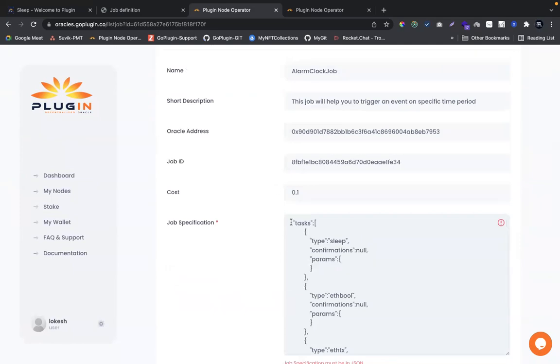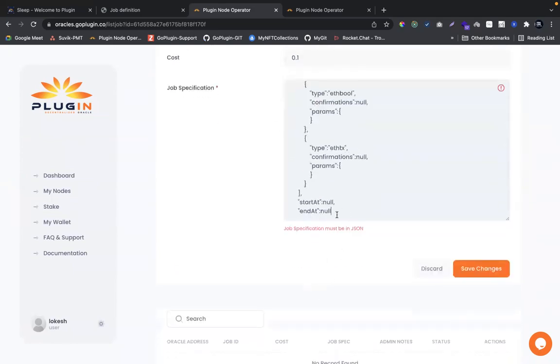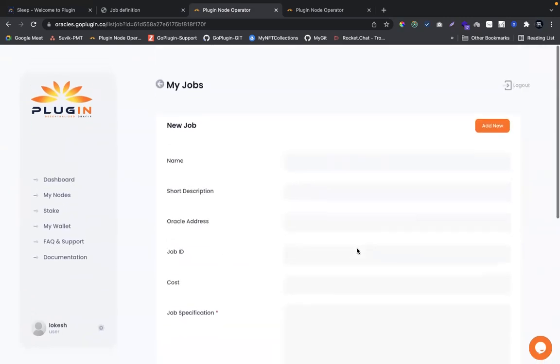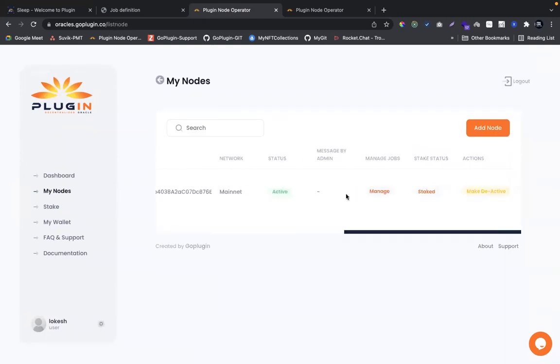Okay, it must be in JSON. I will add a parameter. Okay, so once it is done, my job will also be listed, but it has to be approved by admin. Okay, so let's wait for some time.